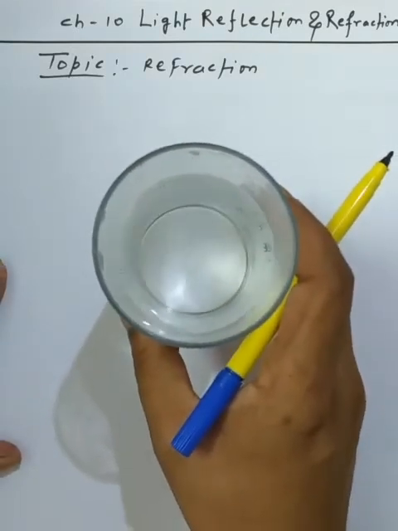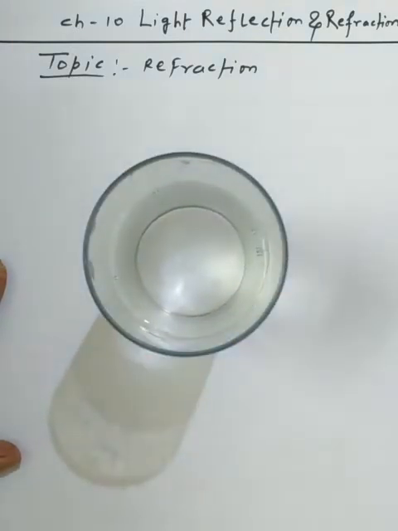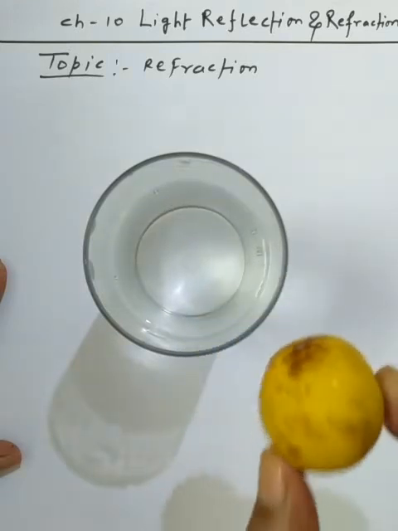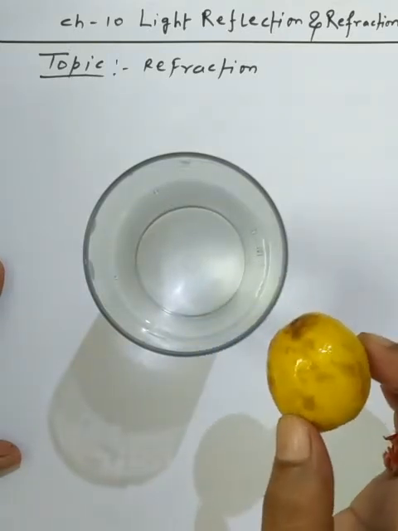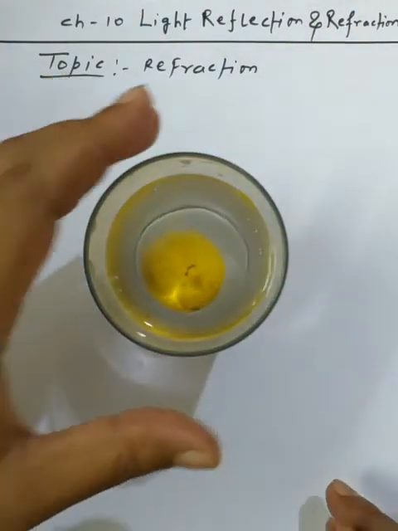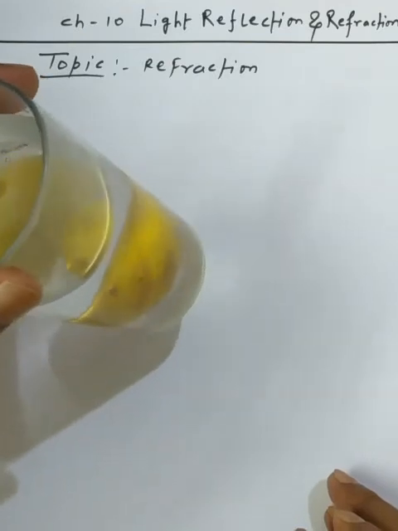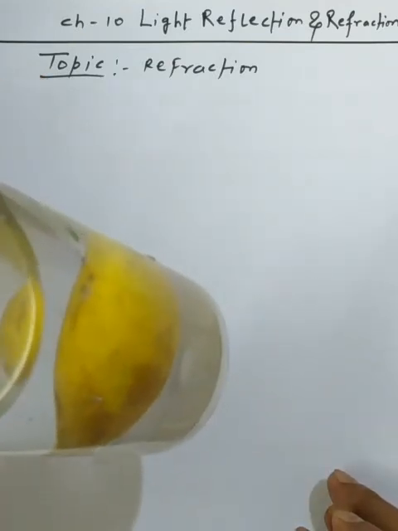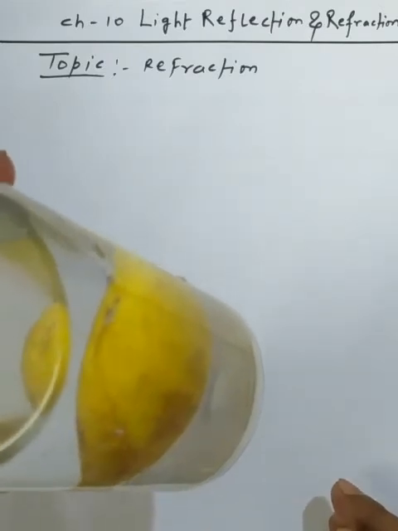And there are several examples of refraction in daily life. You can visualize them very simply. I am just taking a glass of water in front of you, and I am showing a lemon to you. So you can see the normal size of the lemon in the air. Now, whenever I put the lemon inside the water and you watch from the outside, you get a huge size of the lemon. So it is due to the phenomenon of refraction.